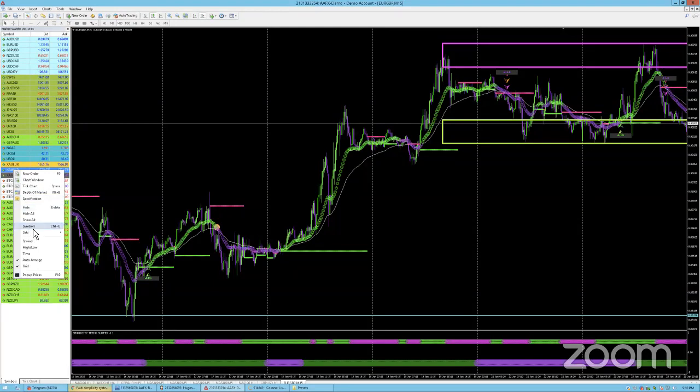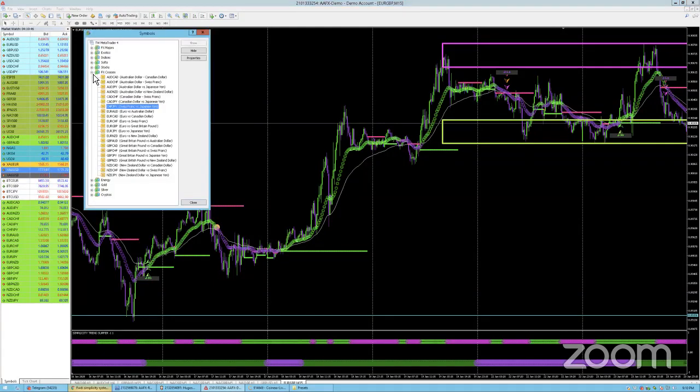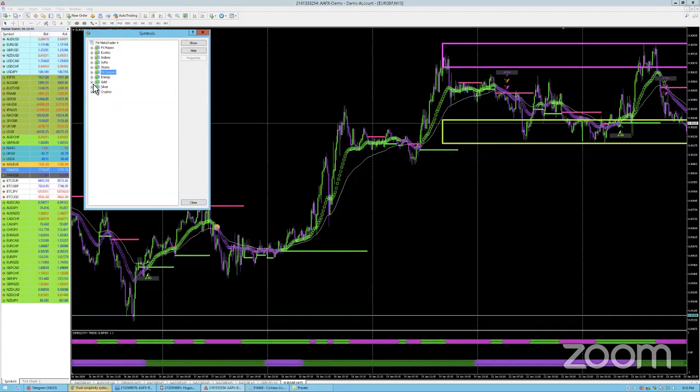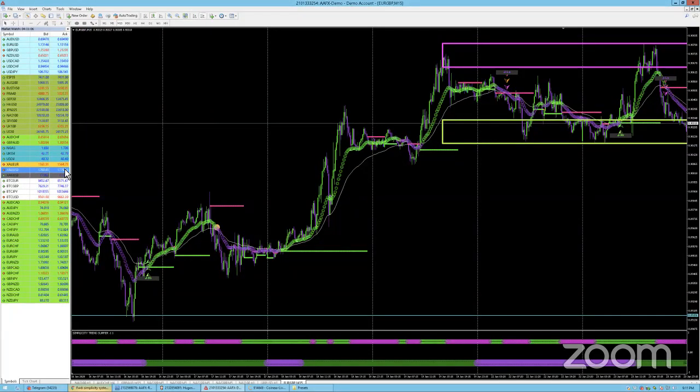If I right click and go to symbols, in general it should be under, well, this one has its own category, but a lot of times it's under metals. Sometimes it's under commodities, or they have a couple different names. I can't say what your name is, but this is what the symbol looks like. And if you ever can't find a certain symbol, but you know the value, gold right now is at 1770 give or take. So when you find a symbol that's in and around that, you can right click on it or just drag your mouse over it, and a lot of times it will tell you what it is. Of course, it's not doing it on this broker. Go figure.